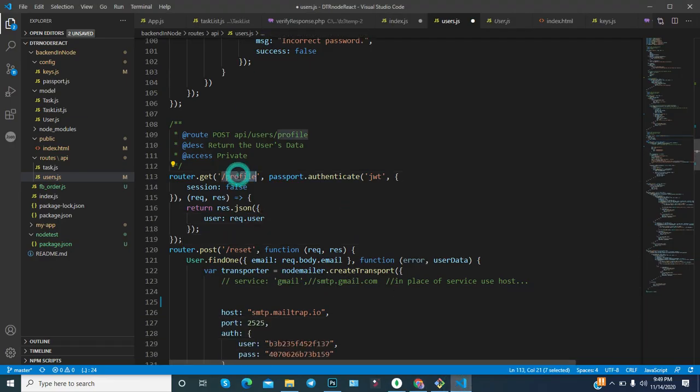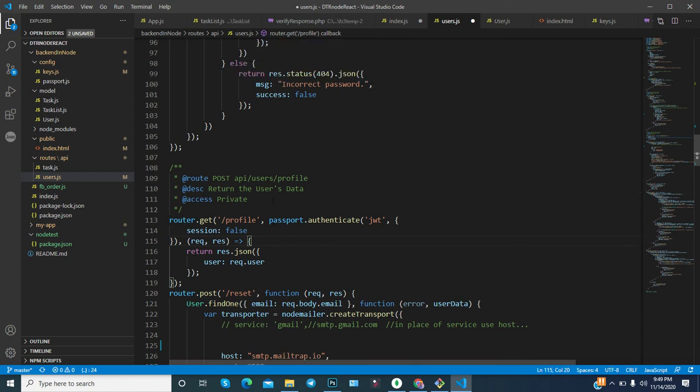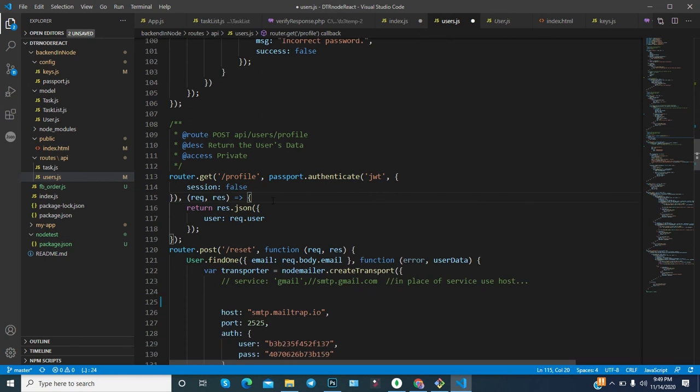Now in the profile, we have utilized the passport. Passport is for authentication purposes. However, you can verify the JWT token very easily. You have to write some code and check whether the token is verified or not. If verified, then you can proceed with the request. But this is providing one argument only.